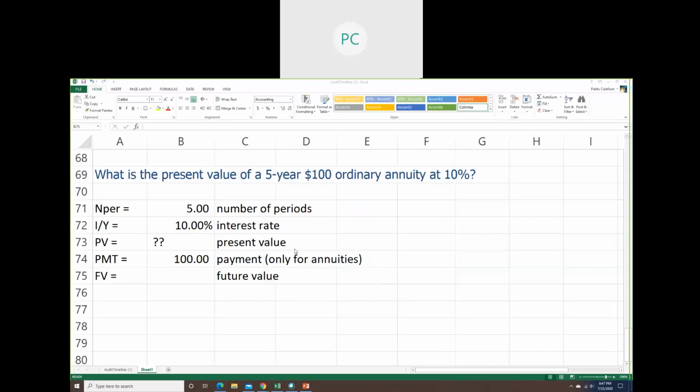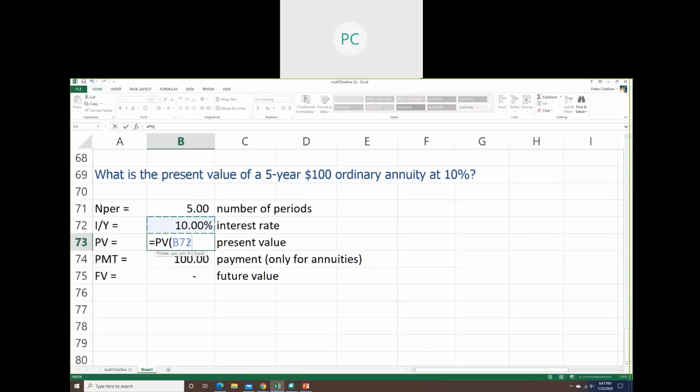Okay, so we're doing this problem just to show how the frequency of compounding, or the higher number of periods, changes the future value and the present value. So we have no future value, nothing left, and we will be receiving $100 each of the next 5 years. And the question is, how much is this annuity worth for you if you can earn 10%